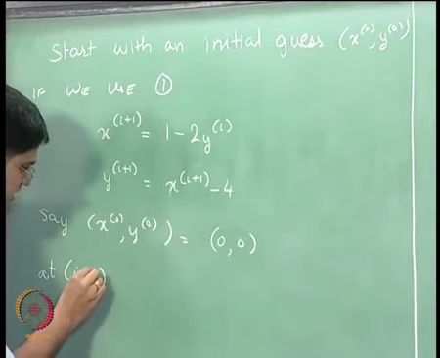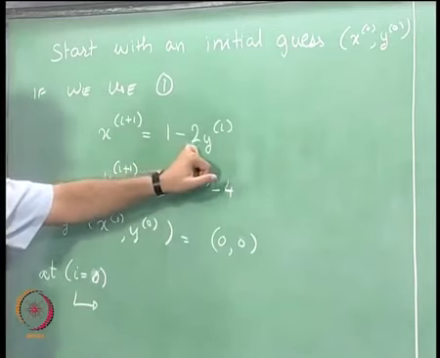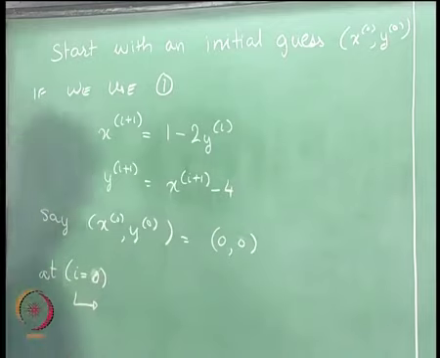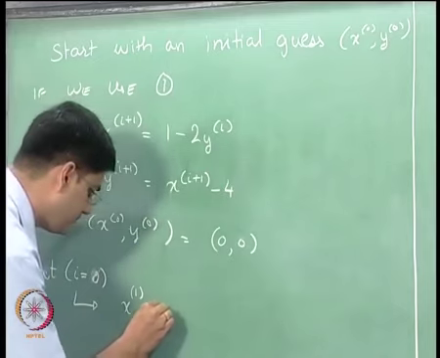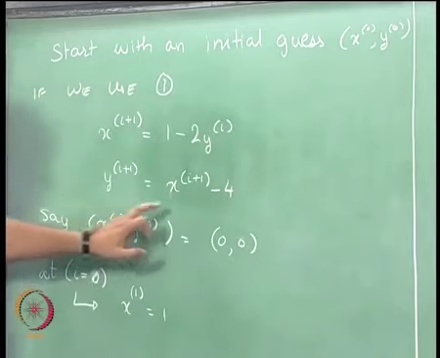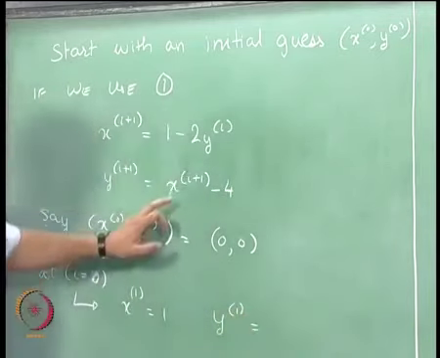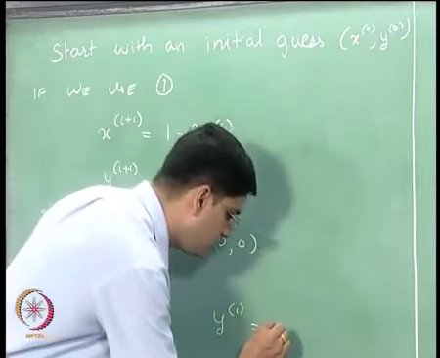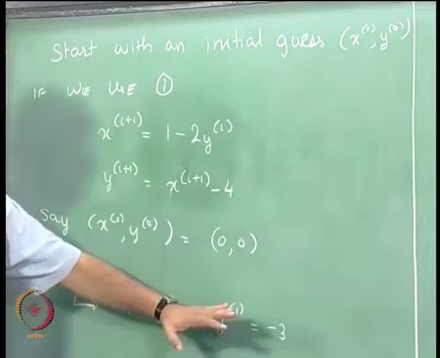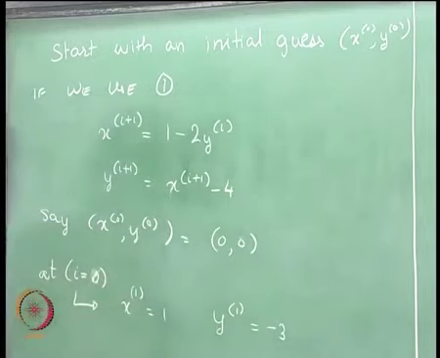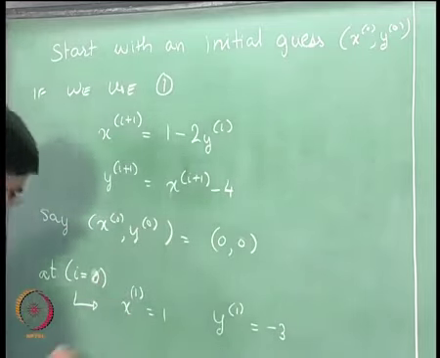Or rather I should say at i equal to 0, what we get is x1 equal to 1 minus 2 times y0, which means basically our x1 is going to be equal to 1, and we substitute that value 1 in this particular equation, and y1 we are going to get is 1 minus 4, that is equal to minus 3. Okay. And at this point of time what you can do is just try to basically solve these equations in order to get x2, x3, x4, x5 and so on, and we will keep doing that.